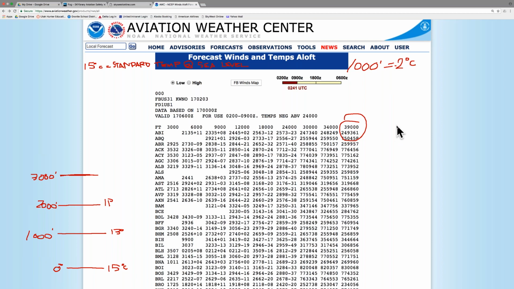So to uncomplicate that, just remember that the air at the surface is going to be warmer than air at altitude. Your temperature decreases as you gain altitude. Does that make sense? Okay, so the way you got negative 8 degrees Celsius was, correct me if I'm wrong: if the elevation at Salt Lake City is 4,000 feet, you times that by 2, you'd get 8 degrees, and since you're going up, it would be negative 8 degrees Celsius.